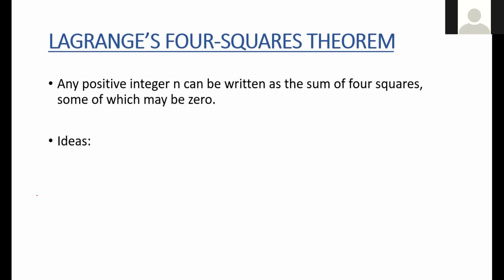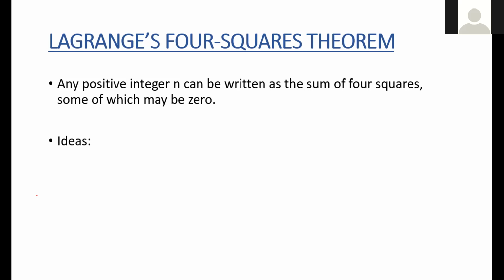So this proof is a little lengthy, and so we can just discuss the ideas roughly so that we don't feel lost at any point later. We saw that in the case of 3 squares, even if we know that the primes were expressible as a sum of 3 squares, we could not express the product as a sum of 3 squares. So that is what is different here for the 4 square theorem.